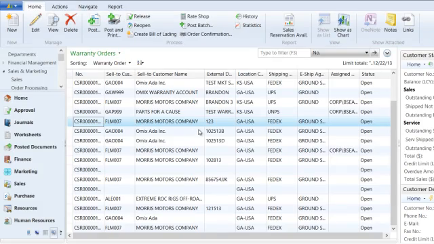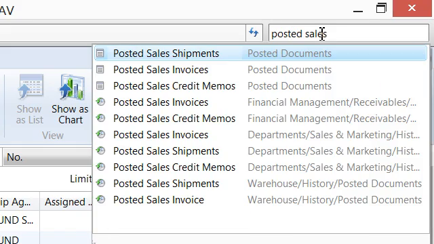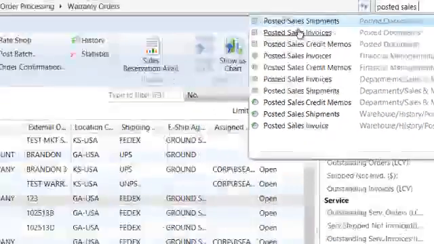Now let's talk about how to edit it. Let's say we've posted the document, the invoice, or the credit, and we learn that the issue was actually an OMIC mistake and it was not the customer's mistake. We want to remove that return rate. Or vice versa, we didn't charge the return rate against the customer and we later find out that it is supposed to be charged. On the main menu, search for posted sales invoice,